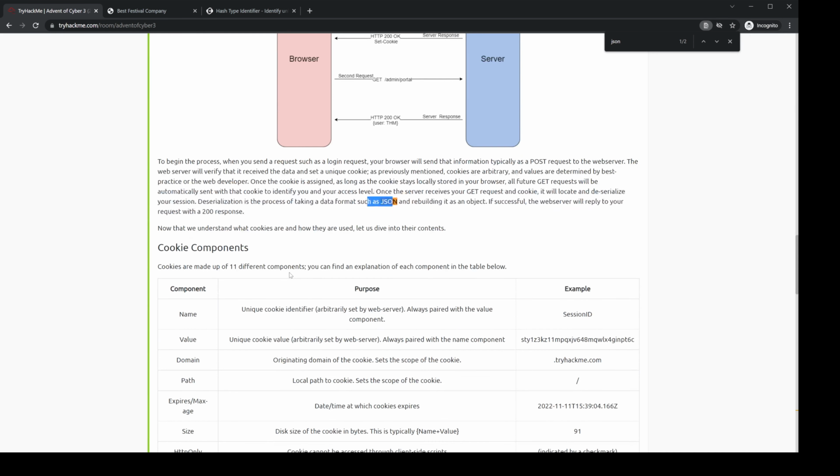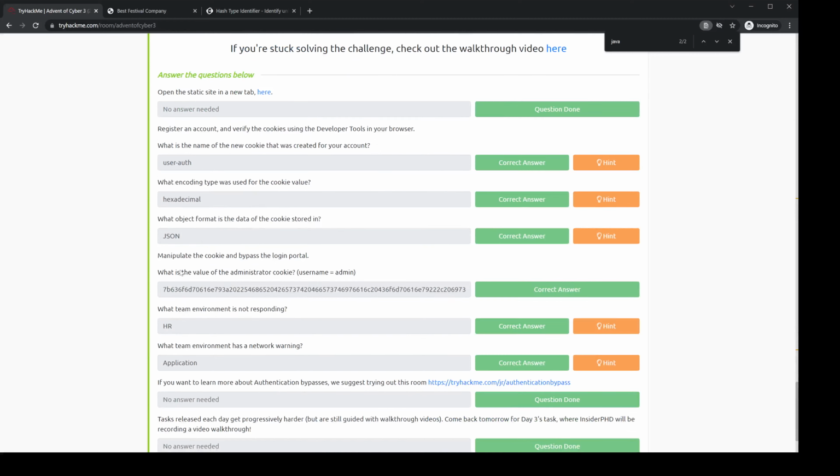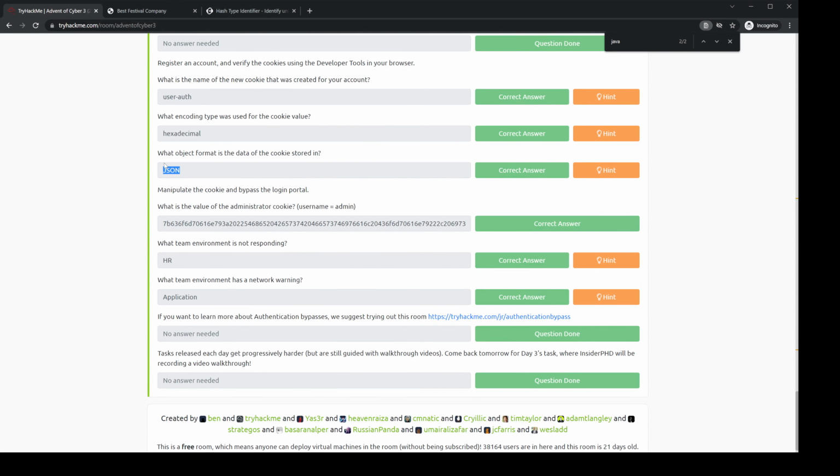Basically, you can always research more what a JSON file is. So it says cookie values may seem random at first. However, they often have an encoded value or meaning behind them that can be decoded to a non-arbitrary value such as a JavaScript object. So basically, that's where I got the answer for this, it being stored in